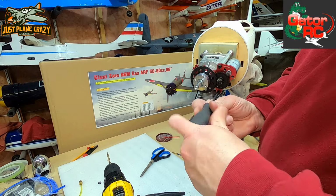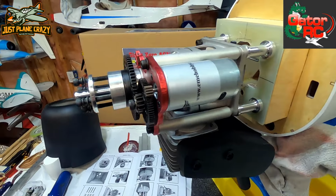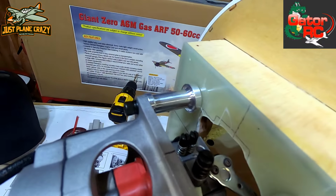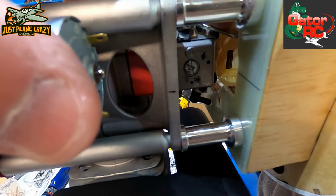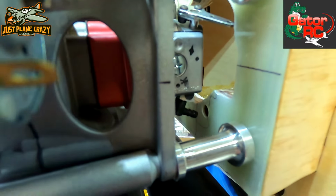We're just going to work our way around, snug them all up evenly. And here's our mock-up. This is going to be a pretty decent fit. I like the cut again all the way around. We have access to our choke lever here, plenty of room for our throttle, and then the only thing is,